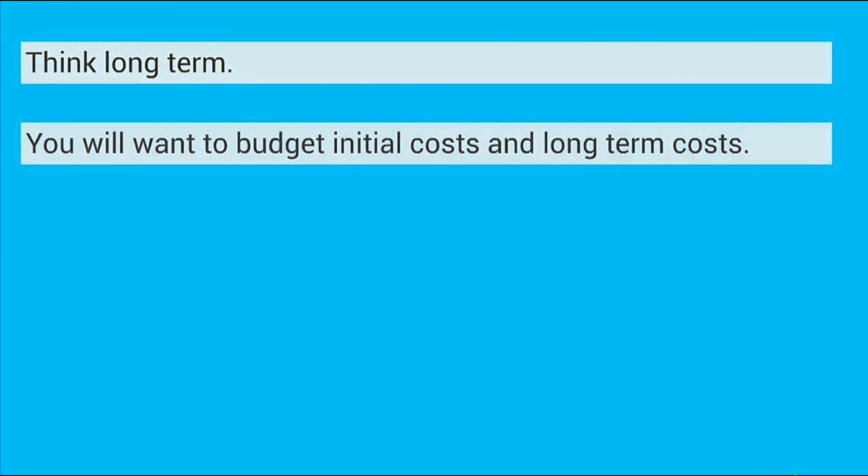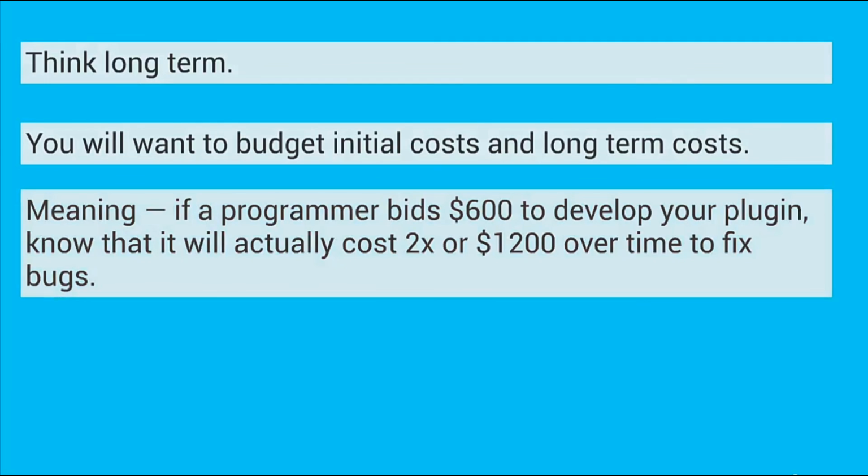You will want to budget the initial costs and the long-term costs. Now, what do I mean by that? This is what usually happens. If a programmer bids, let's say, $600 to develop your plugin, know that in reality it actually costs 2 times. So normally it would cost $1,200 over time to fix bugs. Yes, it might be $600 for the initial, but there are going to be bugs